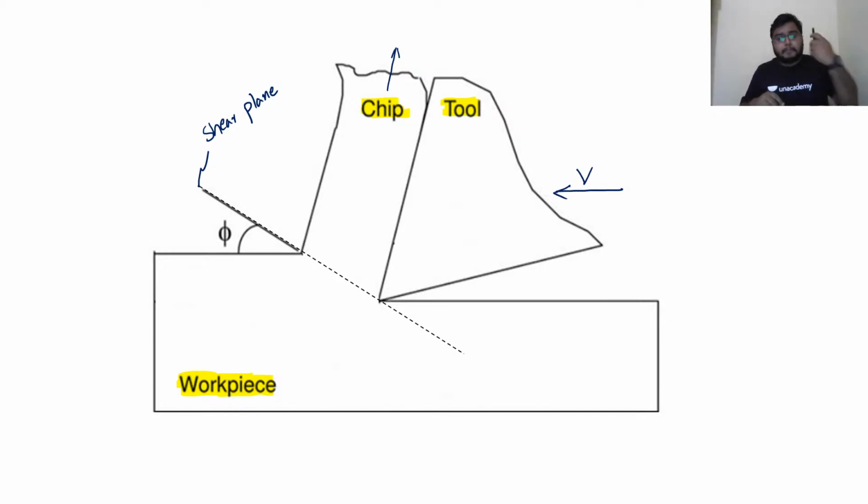So I hope this basic thing is clear. This entire thing is your shear plane. In this direction the chip is moving, and what you are giving the tool is a cutting velocity V, and this cutting velocity V is in this direction. Now see,